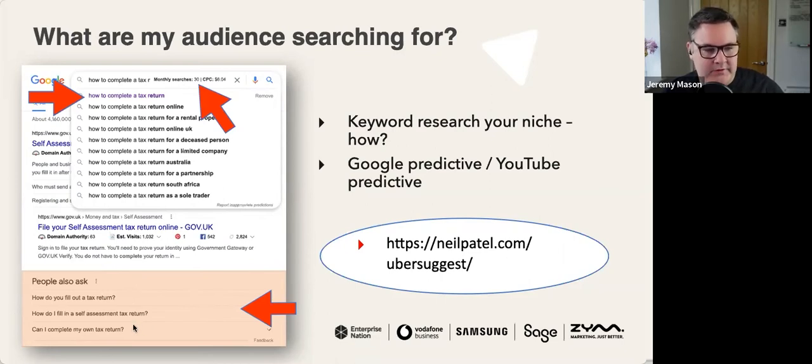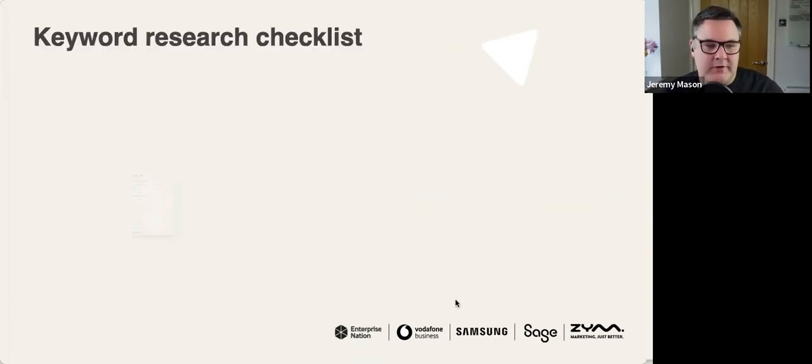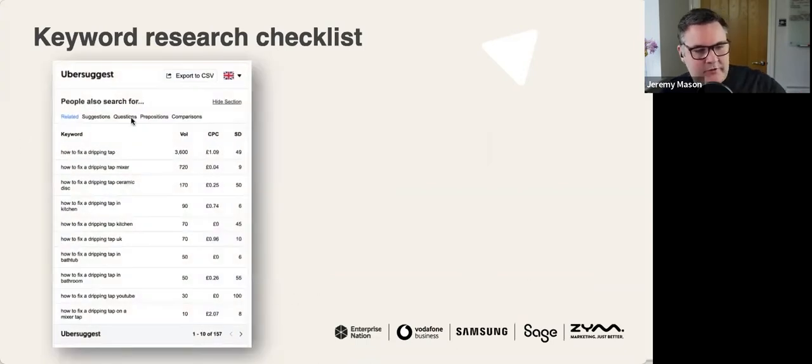People also ask, okay, another: how do you fill out a tax return? And you go into that, copy and paste that, do the same process for that too. It's an amazing and free thing that you should be doing straight after this. So anyway, Ubersuggest as well gives you a keyword, other search terms. So between just Answer the Public,